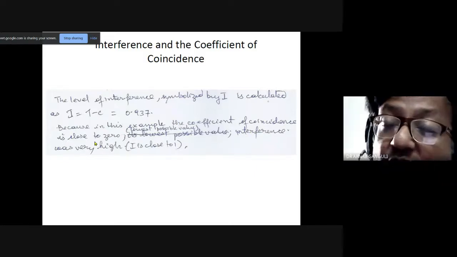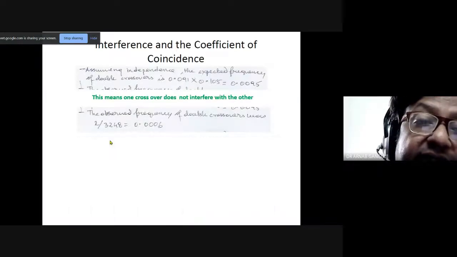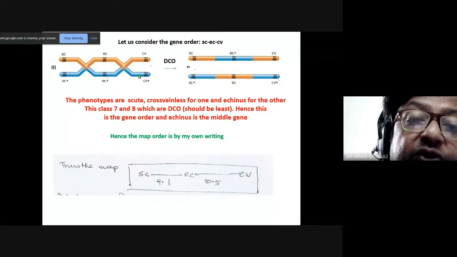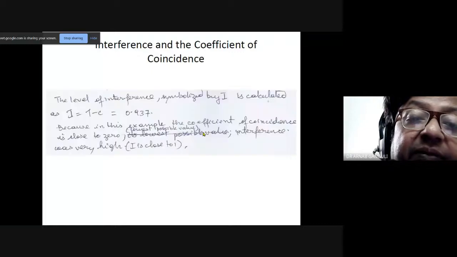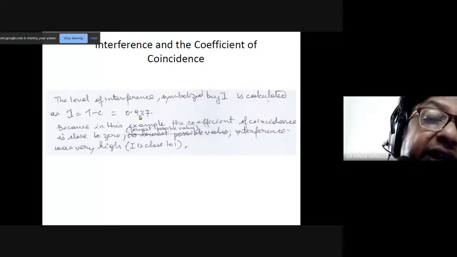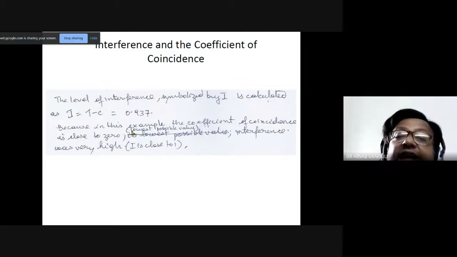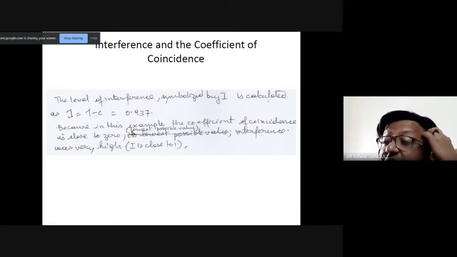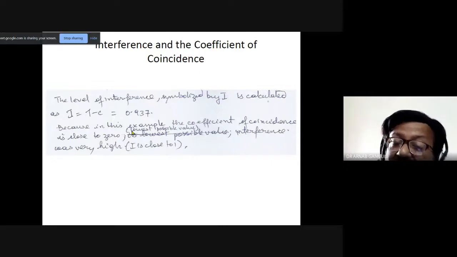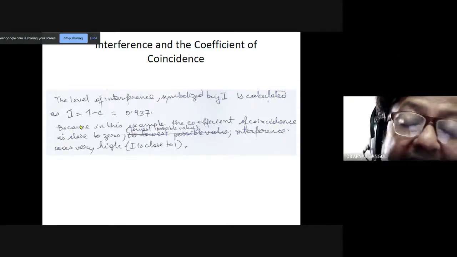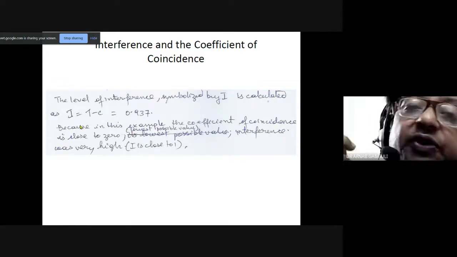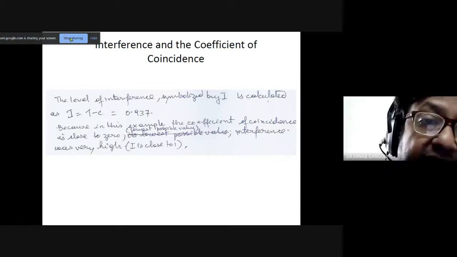ইন্টারফারেন্সটা মানে একটা দুটোর মধ্যে ক্রসওভার, এই দুটোর মধ্যে ক্রসওভার অন্যটাকেও ইন্টারফিয়ার করেছে, তার প্রবাবিলিটিটা কত পেলে তুমি, ইন্টারফিয়ারেন্স হচ্ছে 1 মাইনাস এটা করে পেলে 0.937। এটা ক্লোজ টু 1, দ্যাট ইজ 93% মতন তুমি ইন্টারফিয়ারেন্স পেয়ে গেছো। তার মানে তিনটে জিনই একই ক্রোমোজোমের মধ্যে লোকেটেড, আর দুটোর মধ্যে ক্রসওভার আরেকটা ক্রসওভারকে, ডাবল ক্রসওভারকে আটকে দিচ্ছে। তার মানে এটা খুব হাই ইন্টারফারেন্স, একটা ক্রসওভার ডাবল ক্রসওভারকে হতে দিচ্ছে না। এই হচ্ছে ক্লাস।